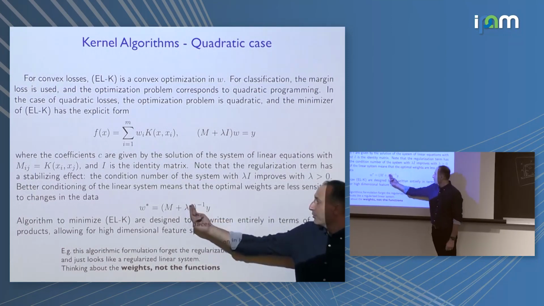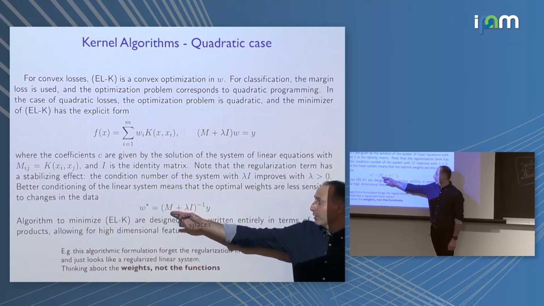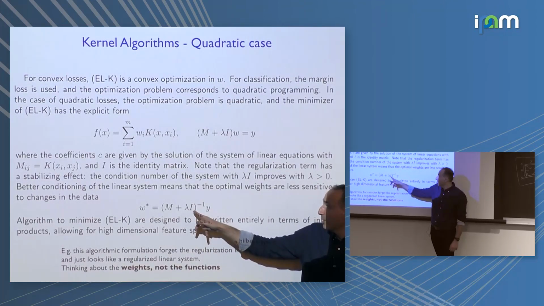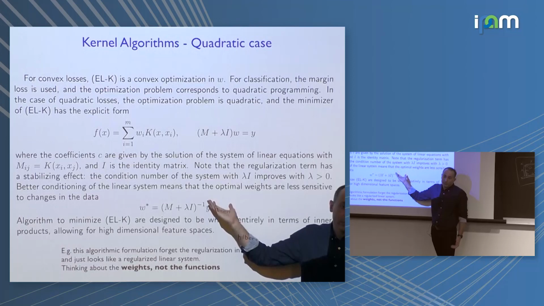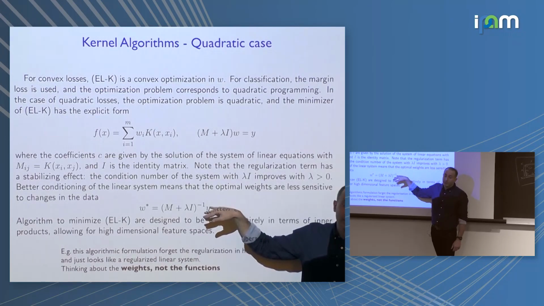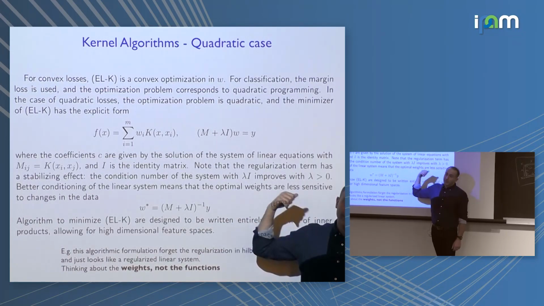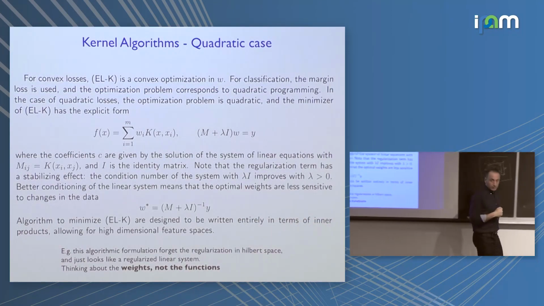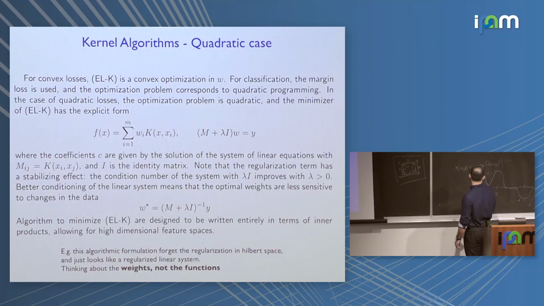You see the regularization without lambda, you're solving a linear system that may not be well conditioned. Adding lambda gives you good conditioning. So it's pretty clear what's happening in this perspective. The previous slide was translating it back over to the function rather than the weights. Okay, so the function,